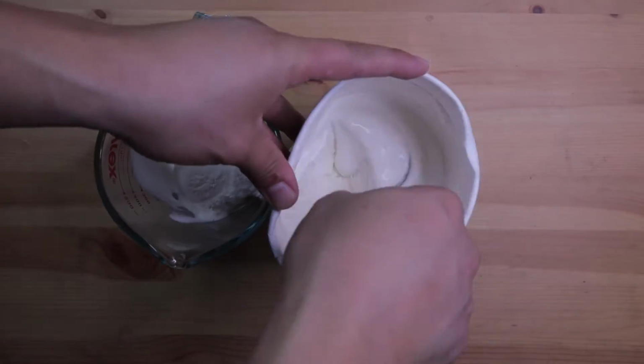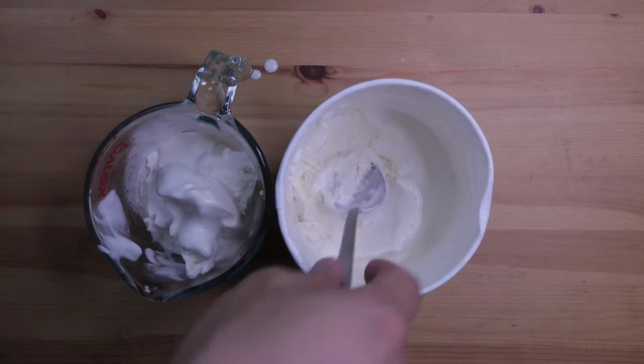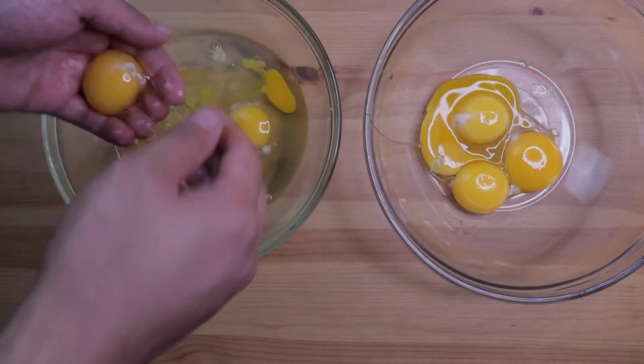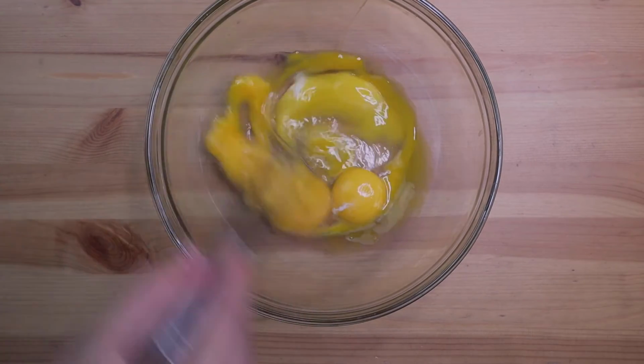You're going to take that ice cream and melt that down for about 30 seconds to a minute. You're taking 2 cups of melted ice cream. And then you're going to separate the egg yolks from the egg whites, making sure to save the egg whites for a different recipe. Following that, we're just going to whisk that all together,